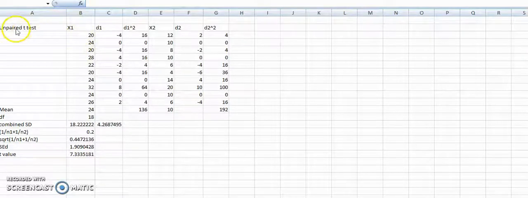So let us now talk about the unpaired t-test. It is about two different data that are unrelated with each other. They are independent of each other. This is a comparison between, say, two students, two different schools or two different sections, whether the results obtained between